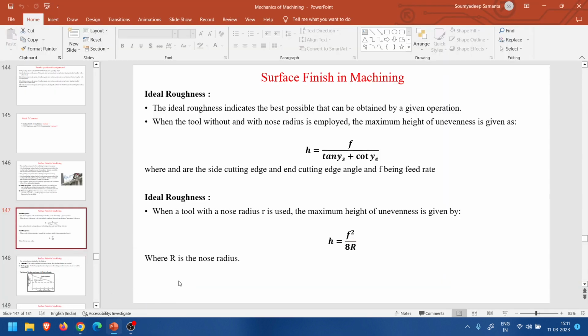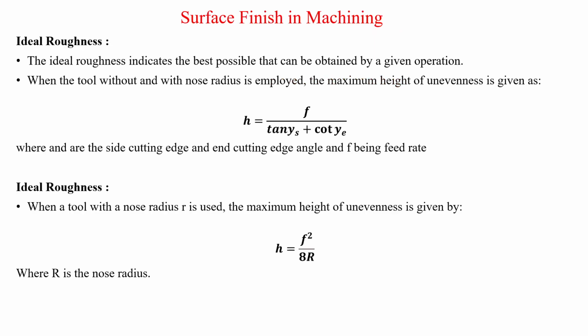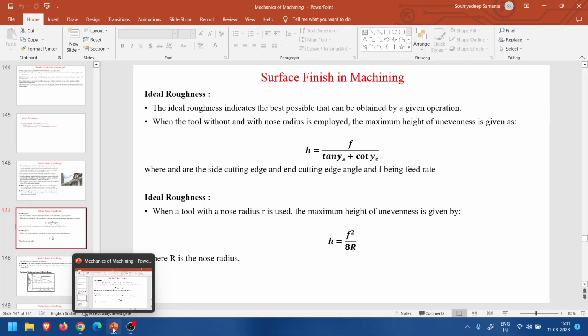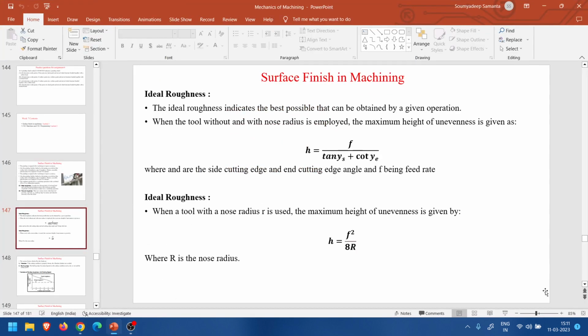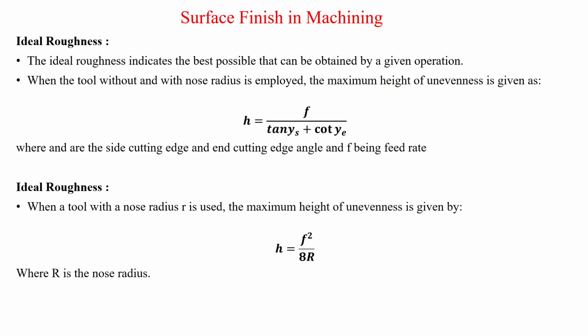Okay, so where f is the feed rate, tan gamma s is the one second, gamma s is the side cutting edge angle, and gamma e is the end cutting edge angle, right? So this is for calculating roughness with a perfectly sharp edge tool having no nose radius. Fine. And when you calculate the ideal roughness value for a tool with nose radius r, then h is given by